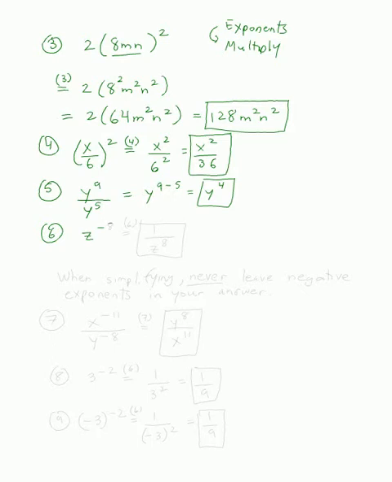So we're going to do z to the negative 8th power. By using the negative exponent rule, this would be rule number 6. We end up with 1 over z to the 8th. Now, you might be asking, how do I know if I want the form z to the negative 8th or 1 over z to the 8th? Aren't they both okay? So one rule I should write down for you guys is when simplifying,